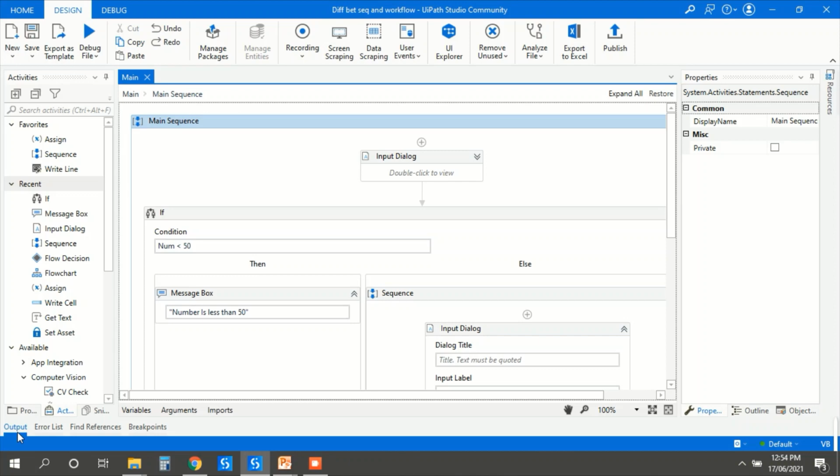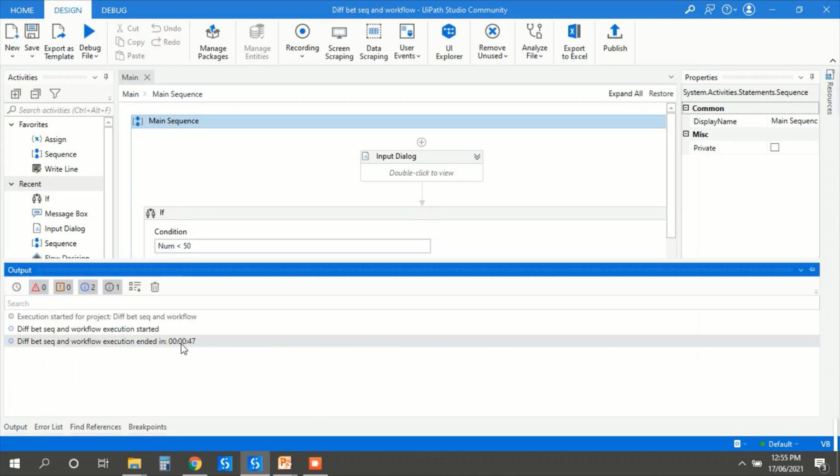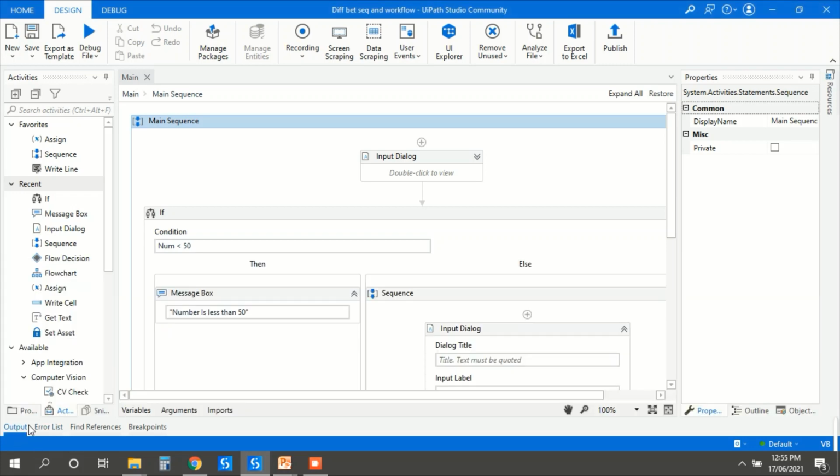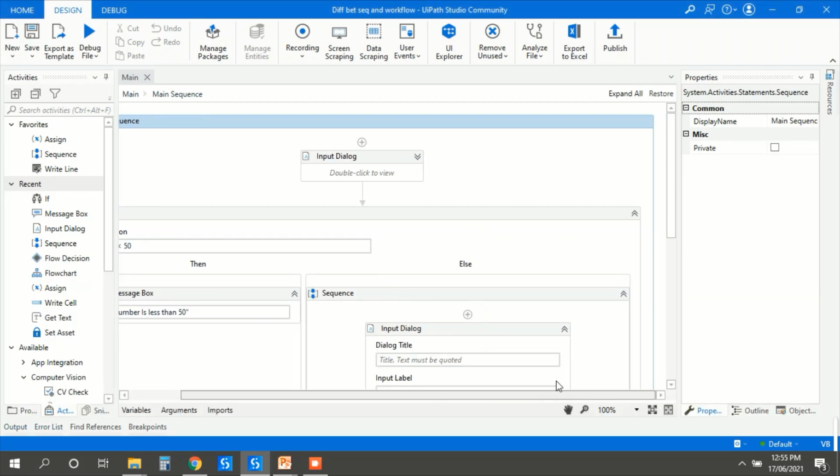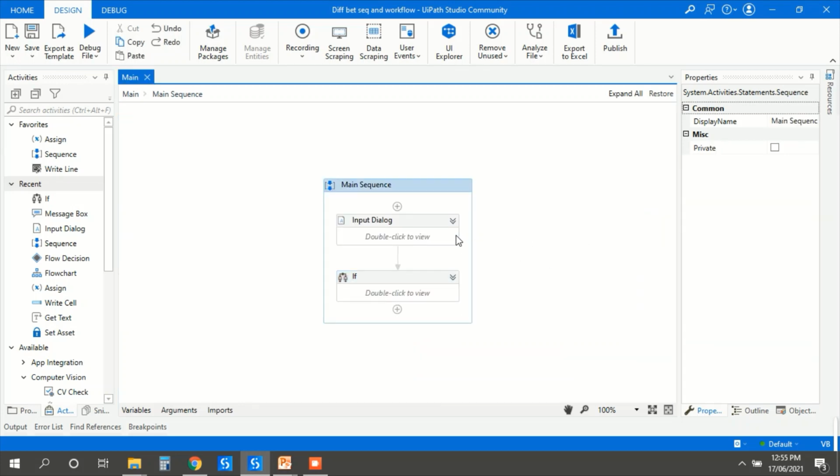Yes, here you can see in the output the execution ended in this much time. Okay, this is about the sequence type of workflow. Now let me comment this out for you. Press Ctrl D, it will comment out. Press Ctrl D. Okay, now